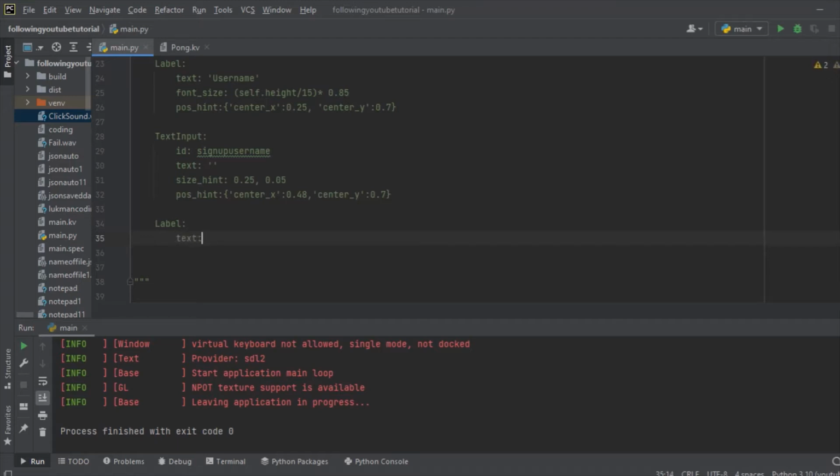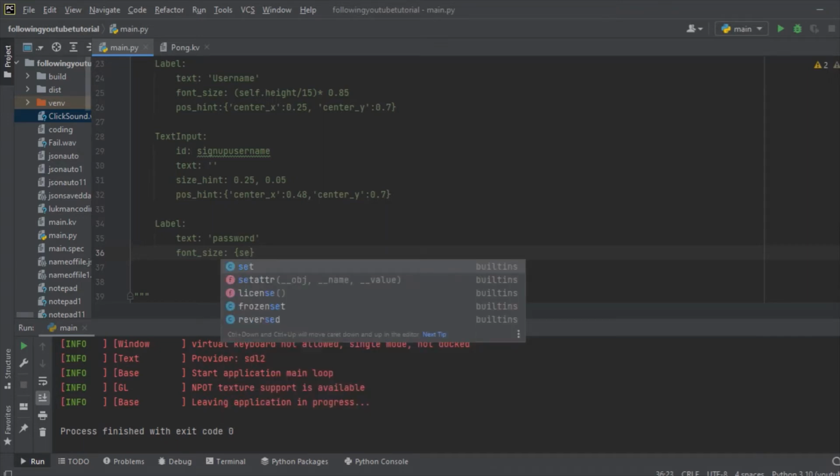The text of the label is going to be password. So under here, I'm going to write font_size,